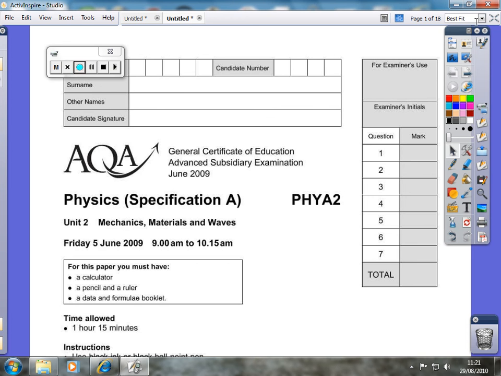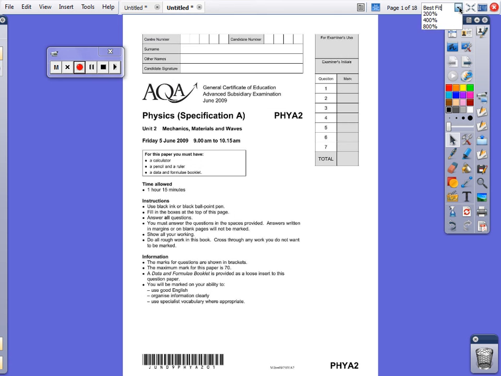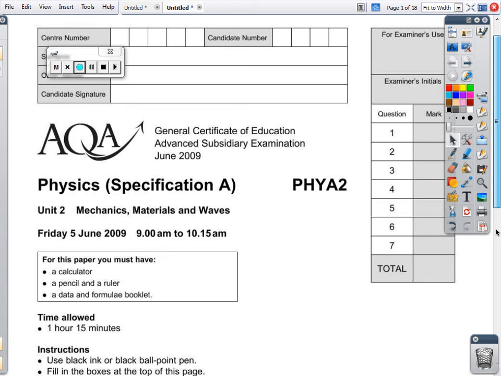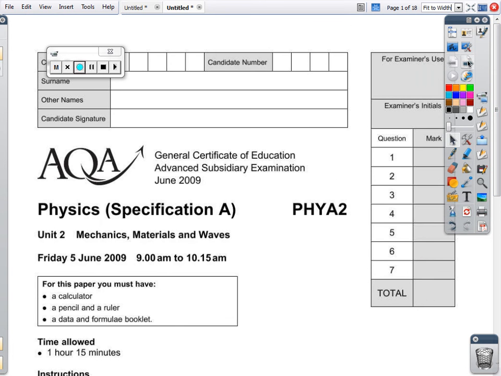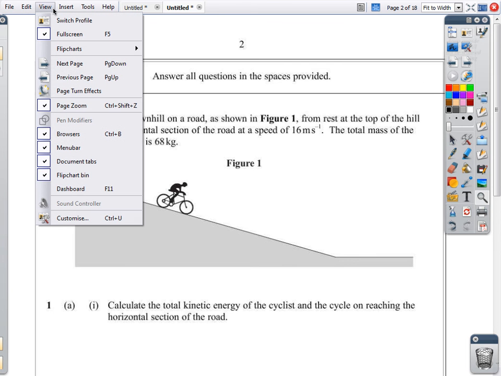In terms of the zoom options, it's a good idea, I think, to go out to full screen mode, then go out to fit to width, and then you've got to use the scroll bar here to get up and down your exam paper. Let's turn to an actual question. You won't be able to judge the quality perfectly in the video. It's perfectly legible, but the writing has a little bit of fuzz around the edge. Should you want to zoom in more, then you just need the magnifier tool here, or you can pick that up from up here,